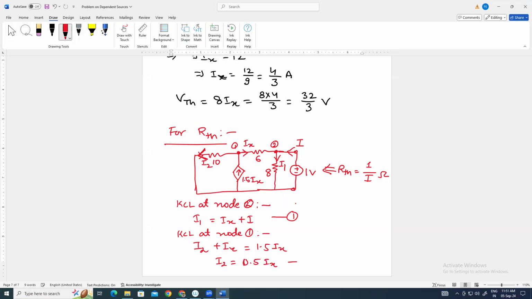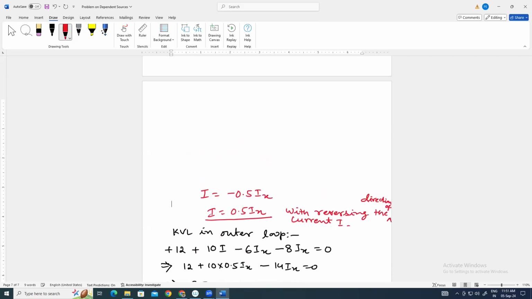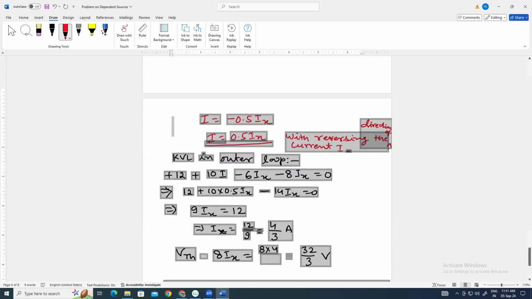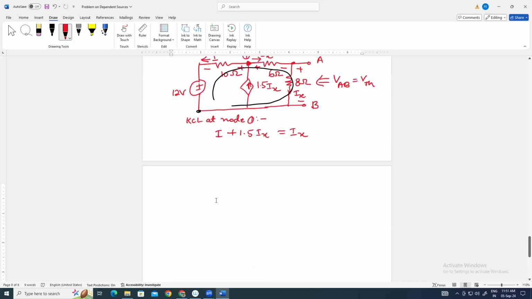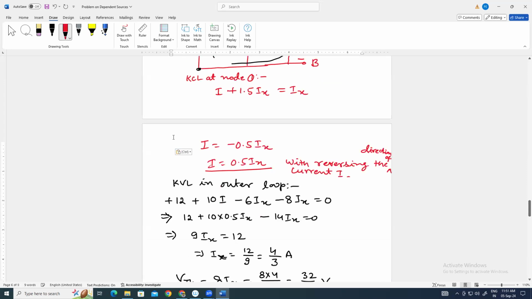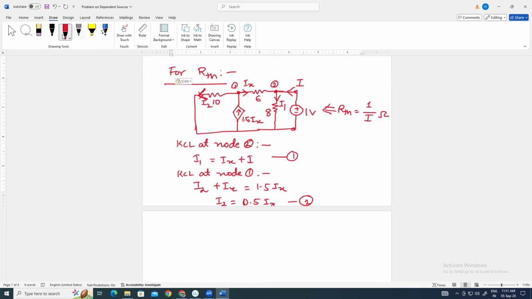So I2 is equal to 0.5 Ix, equation number 2. ओके, सो हम अगर KVL apply करें इस loop में, outer loop में, by applying KVL in outer loop, यहाँ पे जो polarity होगा, voltage polarity, ये होगा यहाँ पे plus, यहाँ पे minus। ठीक है, यहाँ पे plus, यहाँ minus।